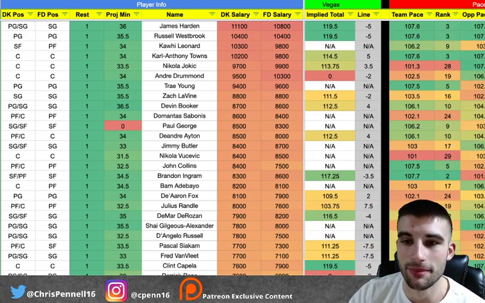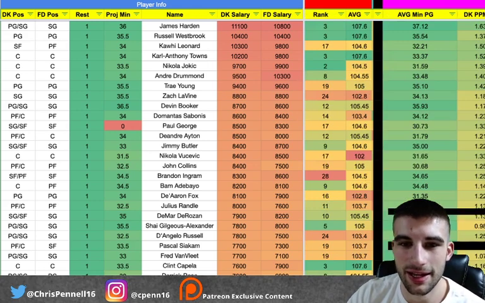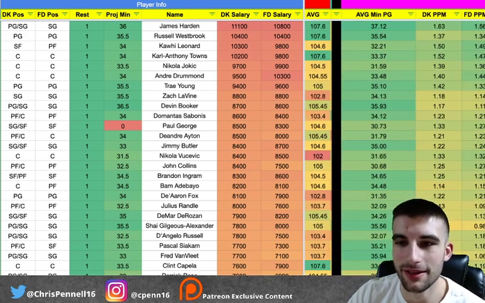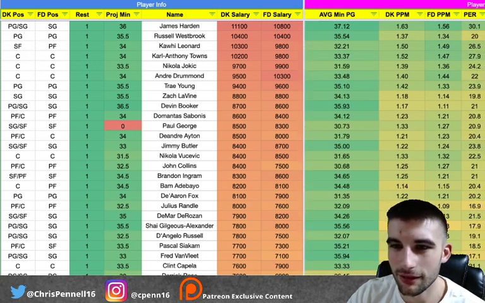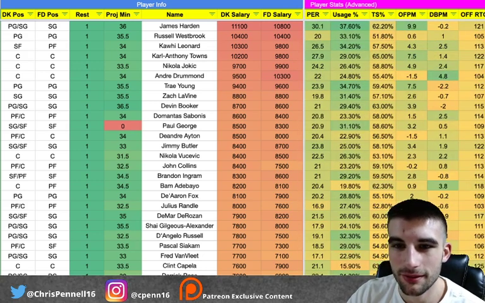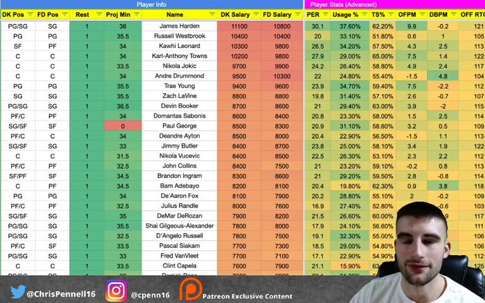Both teams are top 3 in pace-up play. They're actually tied. But if you look at his numbers this season, he has been excellent. He's at 1.52 points per minute. He's got a near 30% usage rate. I believe at 27 point, or I'm sorry, that's PER. At 29% usage rate. So again, Karl-Anthony Towns staying in this game, I think he's a very solid option, and